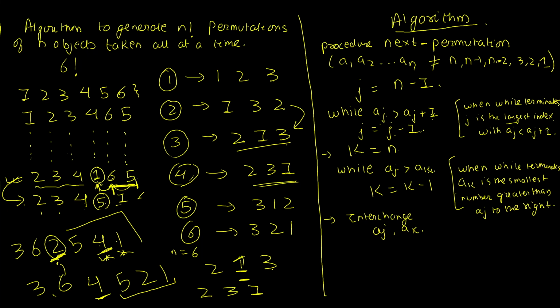But we have already replaced the 2 with a 4. But we still need to fix the rightmost part, 5, 2, 1. And all we want to do is to sort this in ascending order. Now, the process to sort this in ascending order will not require a full sorting because it is already in